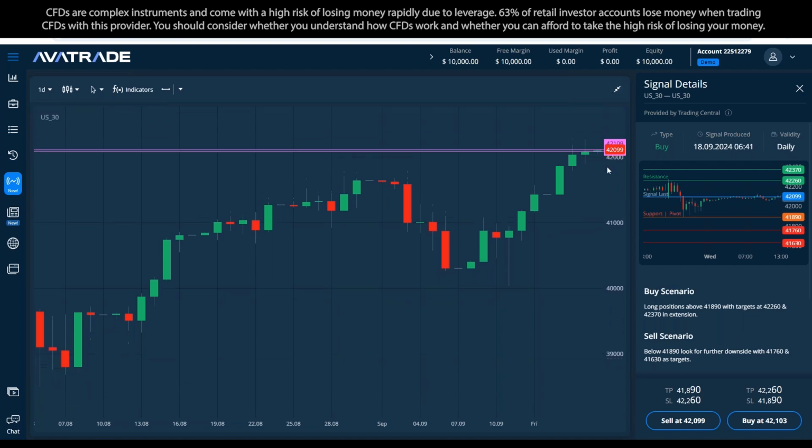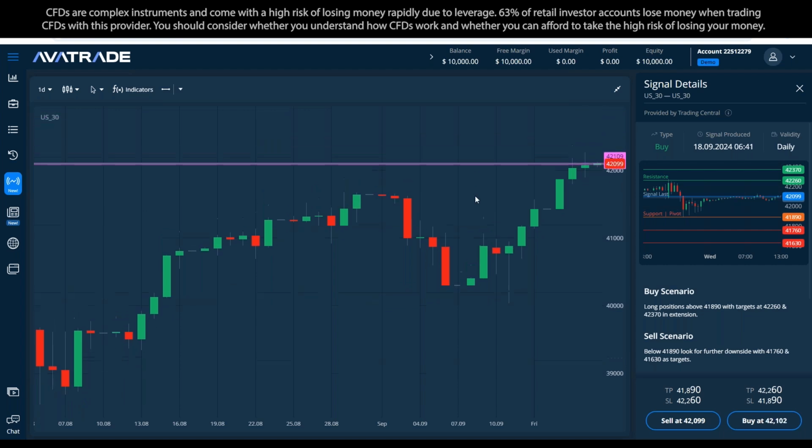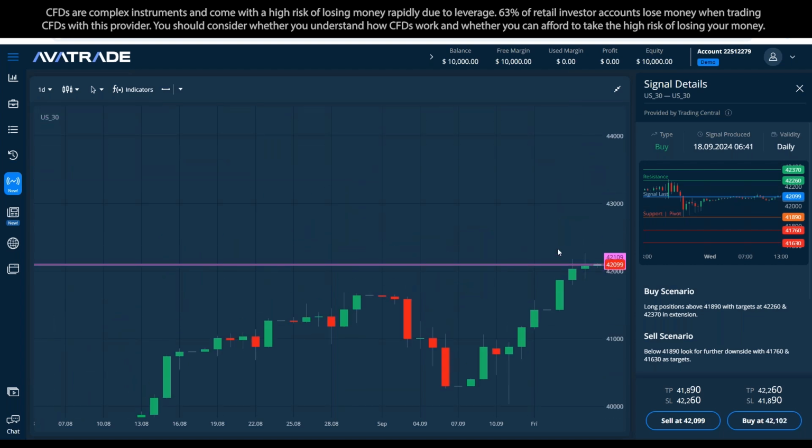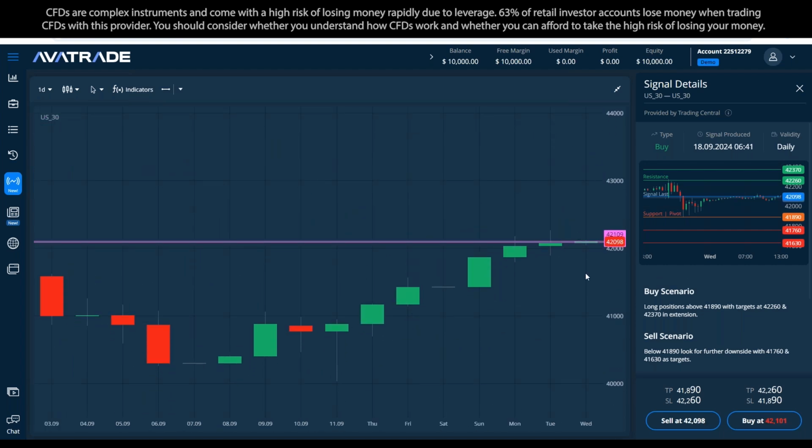This way I can expand or minimize the chart, and then I can go closer to what we see here. And then we can obviously see much higher levels. 42,370 is